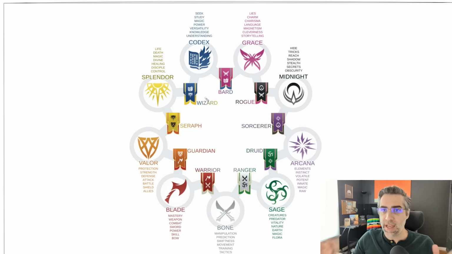And accordingly, these different domains aren't fundamental aspects of reality understood by the characters in the fiction. People don't talk about how a valor power source is how the Guardian is fighting. These are rules constructs that are outside of the game that then inform the actions that characters in fiction are able to do. Now, that's very much juxtaposed against Avatar: The Last Airbender and Magic the Gathering, which I find